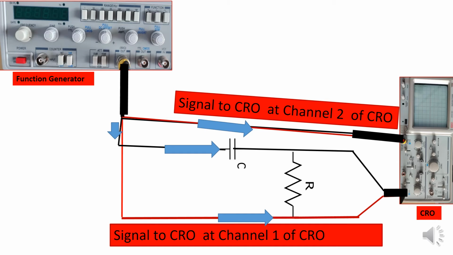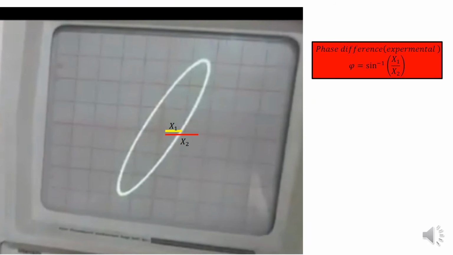And in the second case, the signal is taken from the same function generator and is fed through the capacitor and resistance, right, to this other channel. The purpose is that we want to introduce the phase difference. The only thing is in this CRO, the adjustment here will be XY. Further, phase difference will be there, so you can measure the phase difference with the help of this.